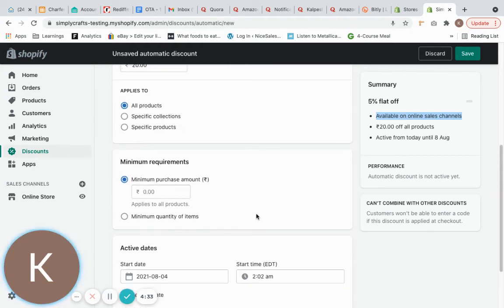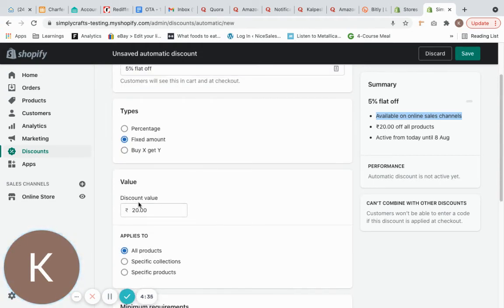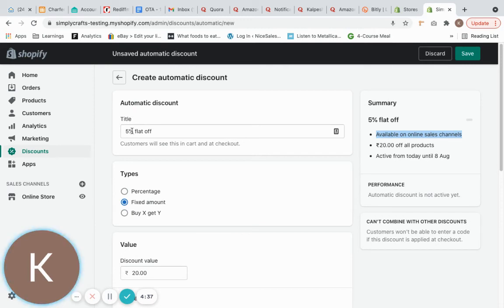I think I made a small mistake here. So fixed amount, instead of 5% off, I can say 20 rupees off. Both of these should match, so it is better for our validation. And once this is done, you can save this.